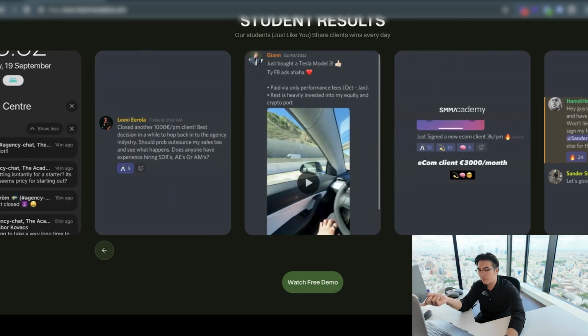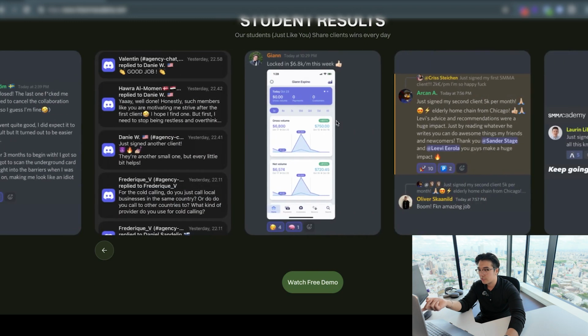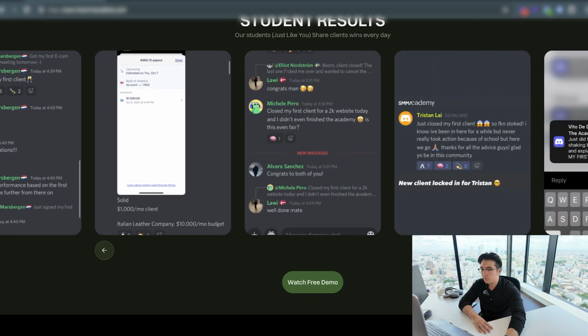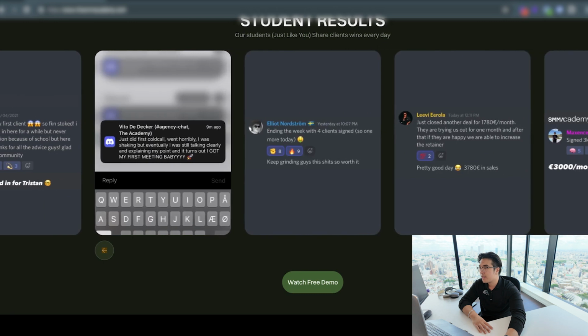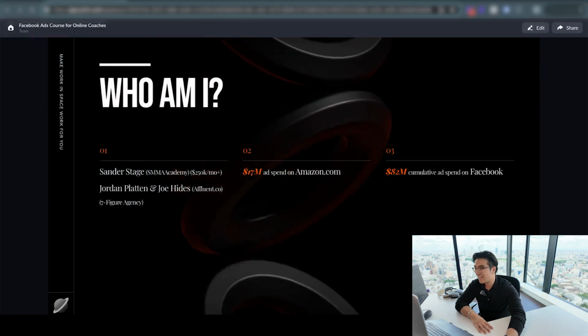Gian over here, I bought my Model 3 with ads itself. Over here is my profile picture. This is 4 years ago when I first started, same here. So that's how I first started. This was mine as well, my Stripe account. And many, many, many more. You can check some of my case studies 4 years ago in the SMA Academy.